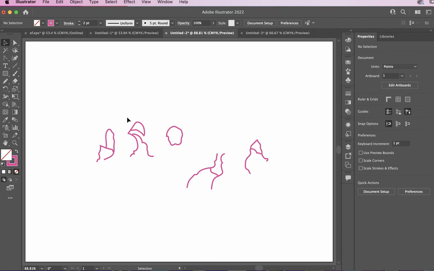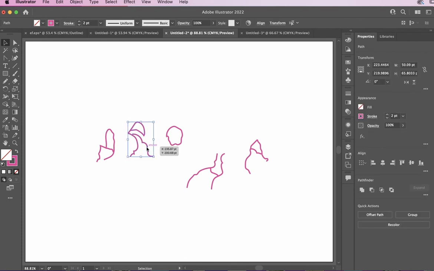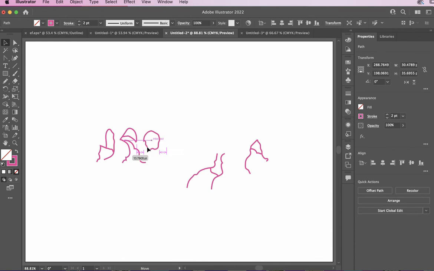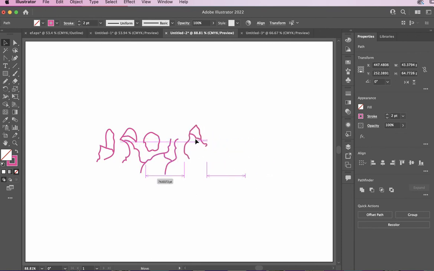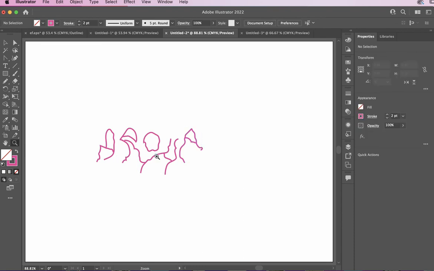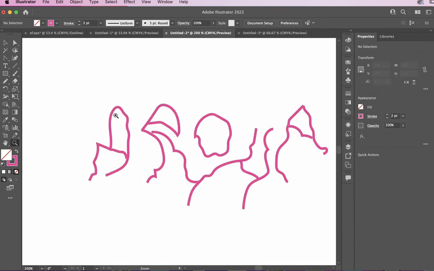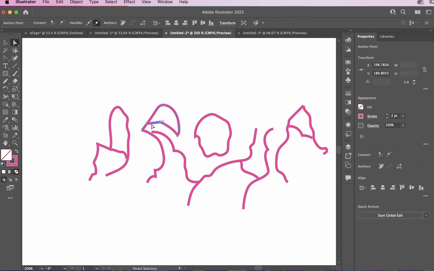delete that off. Now with my letter forms, I can start to play and rotate them and shuffle them around until I've got something that I like. At this stage, it kind of looks quite intriguing. The only one that looks a little bit off is this one for the letter